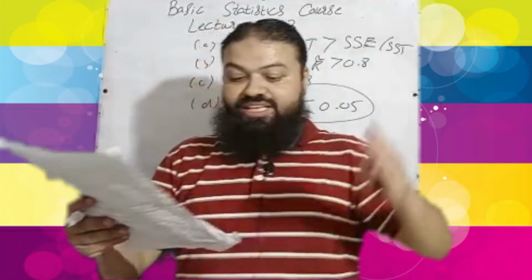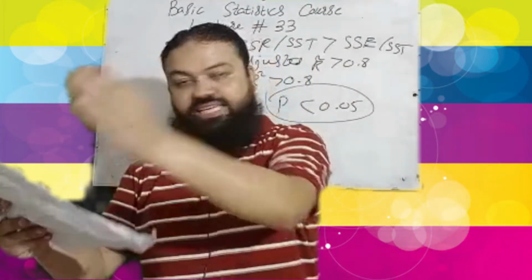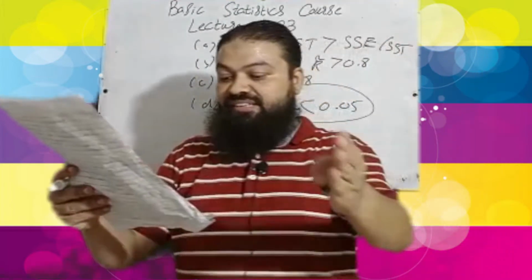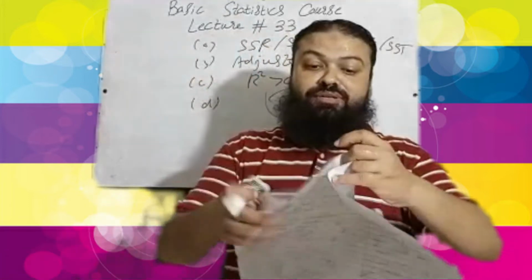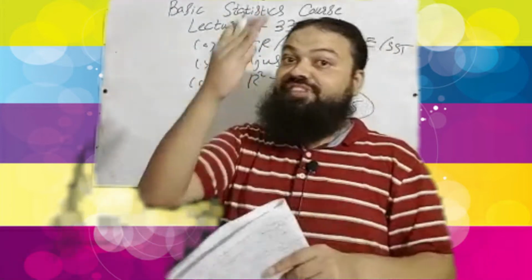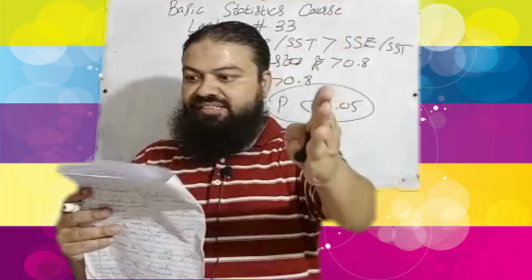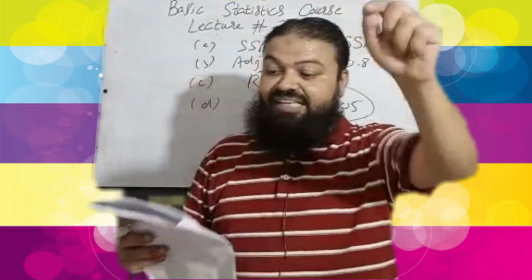It is incorrect one. B, linearity, independence, non-normality, equal variance, incorrect. C, linearity, independence, normality, unequal variance is incorrect. What is the D option? Assumptions of simple linear regression model. First one is linearity, independence, normality, equal variance. That is the correct option in the exam.